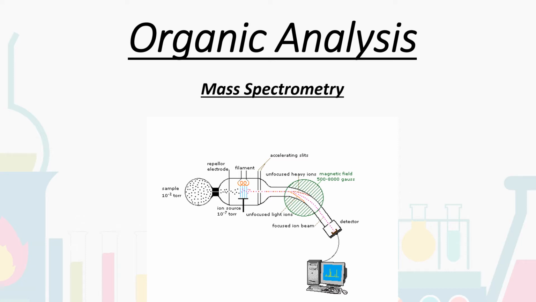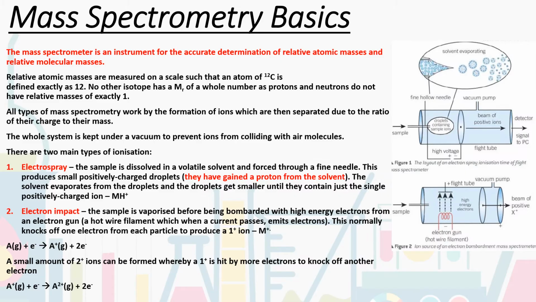Today, a video in the organic analysis series looking at mass spectrometry. So the mass spectrometer is an instrument that we use for the accurate determination of relative atomic mass and relative molecular mass. So essentially it can tell us what the mass of the thing that we are dealing with is. But that's very useful if we have an unknown compound, to be able to work out what the mass of that